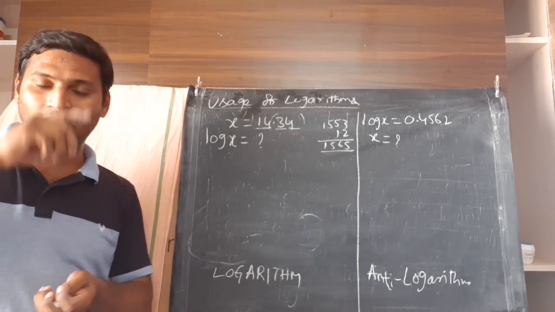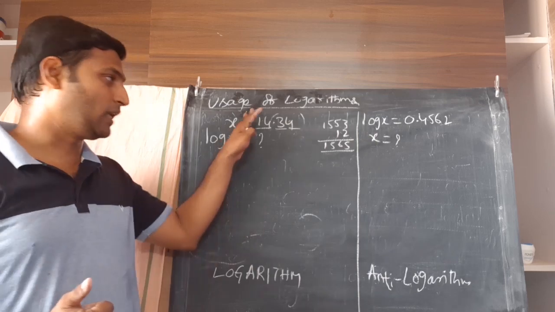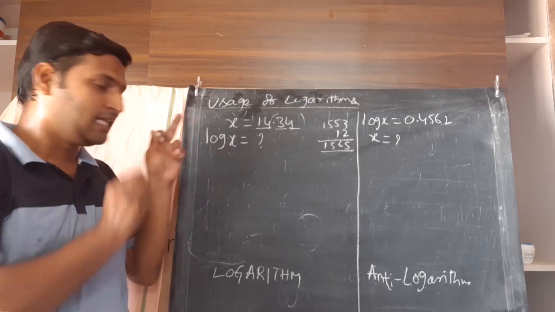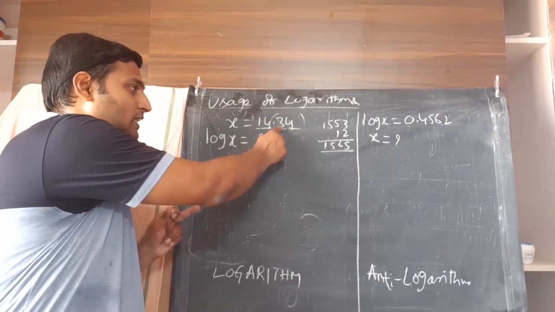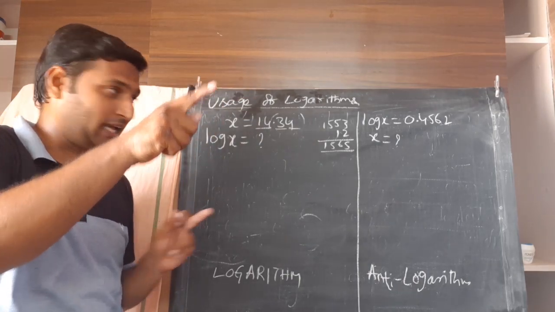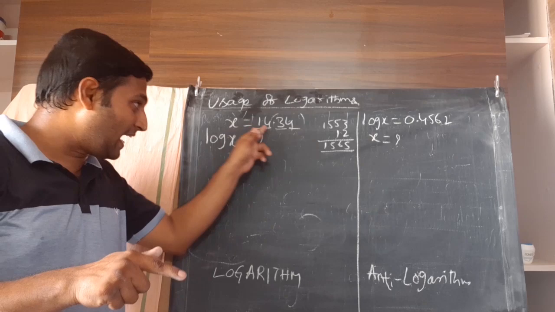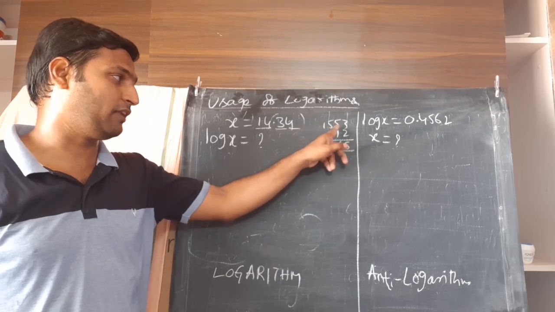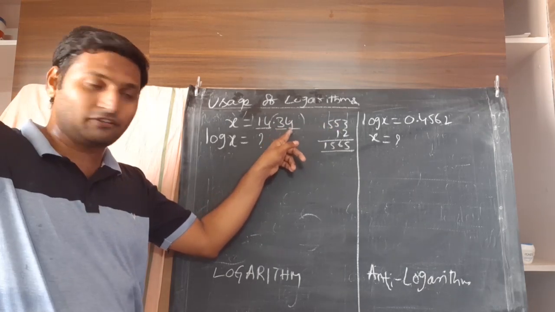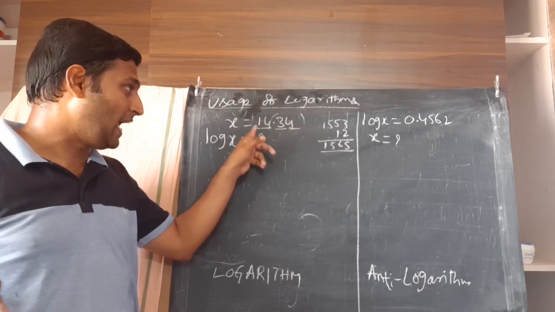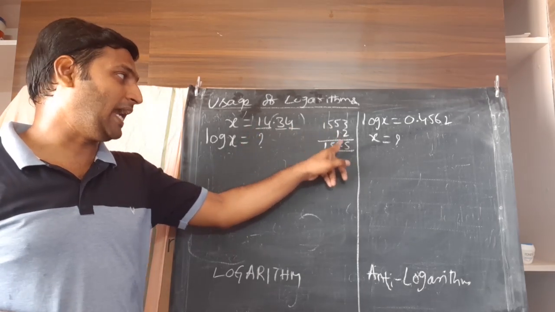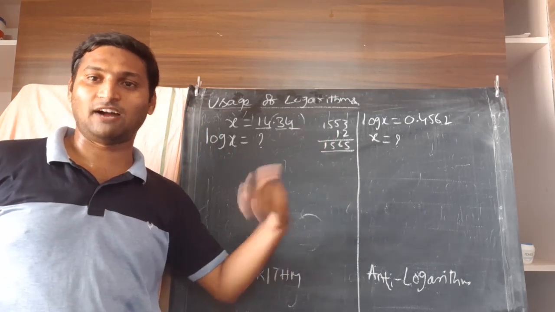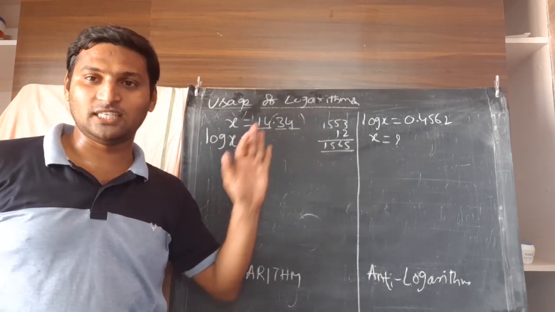I repeat, whenever you are finding the log of a value x, you can involve 4 digits. The first 2 digits must be taken from the vertical column on the left extreme. Then under these 2 digits, for the third digit you take the horizontal column containing 0 to 9, and mark the value. So 14 under 3 was 1553. Then I went to mean difference for the fourth digit. Under mean difference 4 against 14, it was 12. So I added 12 to 1553, I got 1565. Now, what should I do with these 4 digits, after checking the log table?